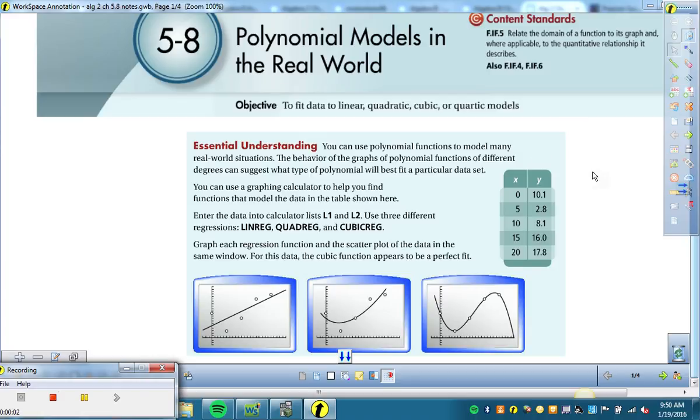So basically, what we're going to be doing is we're going to be given some data, and we need to figure out which type of model is going to fit it best. It may not be a perfect fit for any of them, but you want to pick the one that fits it